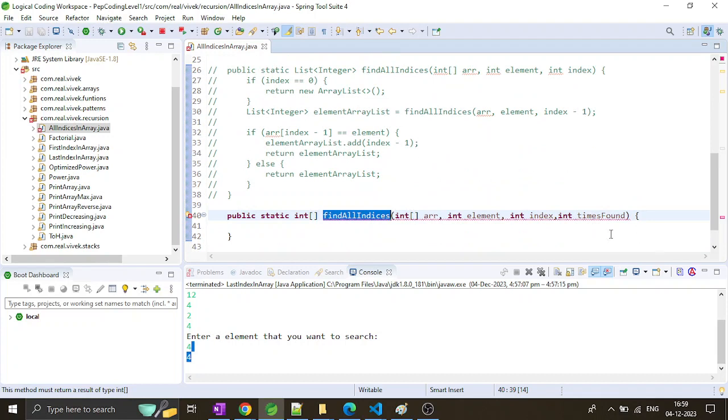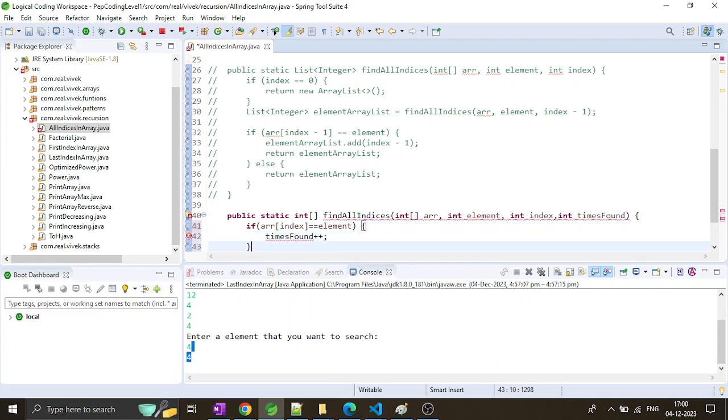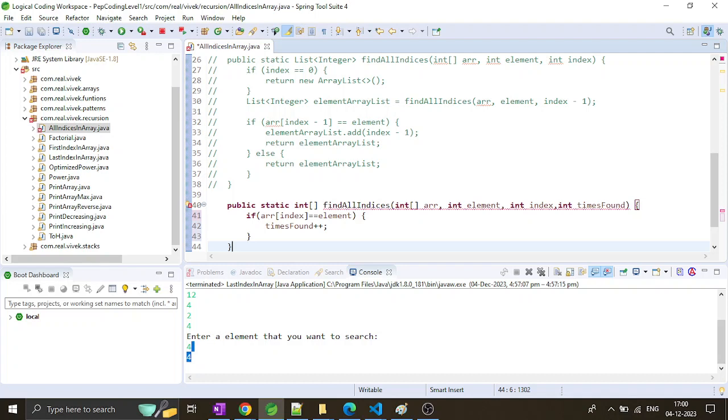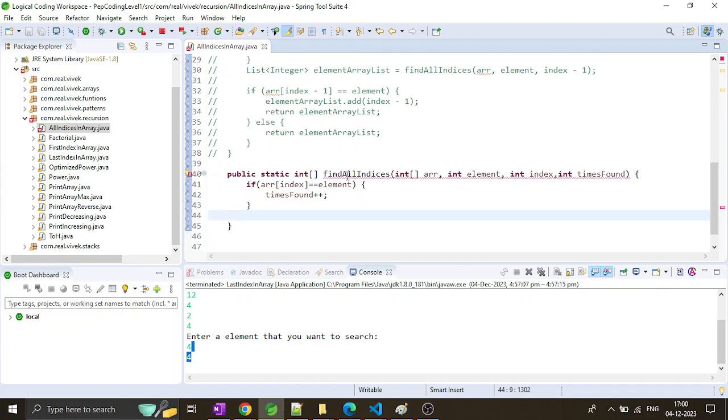So what we can do is have times found: if arr of index is equal to element, then we increase times found plus plus, else we do nothing, right? Yeah, so this is the first. While iterating up the stack, we do this, and then we do arr comma element comma index